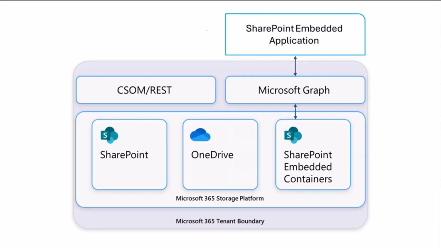essentially, SharePoint Embedded is a set of containers, a partition within the Microsoft 365 storage platform, just like SharePoint and OneDrive. So you basically own real estate within the tenant for your applications. And the only way to access the content within these containers is through Graph API. The power of this architecture is that only your application can contain and control the content and access. Unlike, say, SharePoint, where you often worry about oversharing and you never know where it is getting accessed, which is awesome for that particular scenario. But with an application-based scenario, you want full control, and SharePoint Embedded gives you just that. So if we go to the next one, Marc,